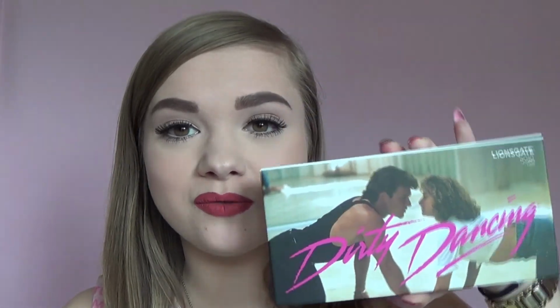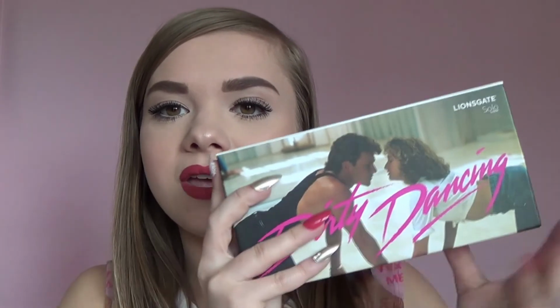But yeah, that's basically it of my first impressions review on this Dirty Dancing palette from Sola Look. Even though I'm still going to be experimenting with all of the products in this palette, like the eyeshadows and the highlighters, I'm still so happy that I got this palette, because like I said, I love this movie, and the main reason I got this was just for collection purposes. So even if the eyeshadows and the highlighters don't really work for me when it comes to putting them on the eyes and the cheeks or anywhere on the rest of the face, I'm still happy that I got it,